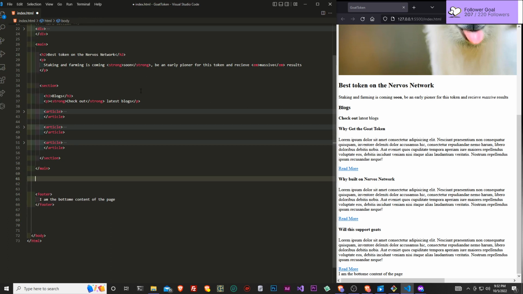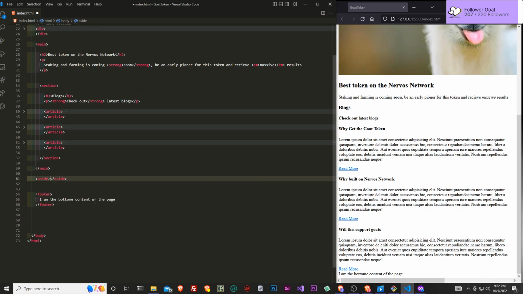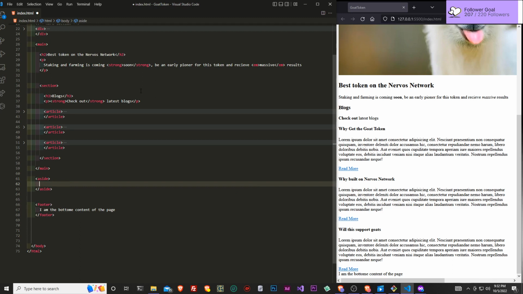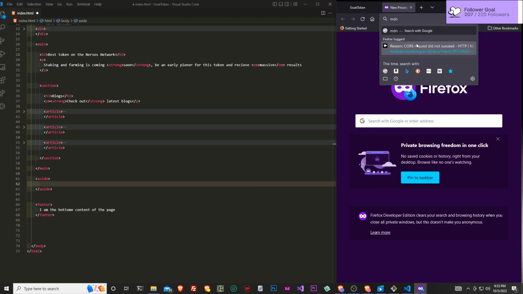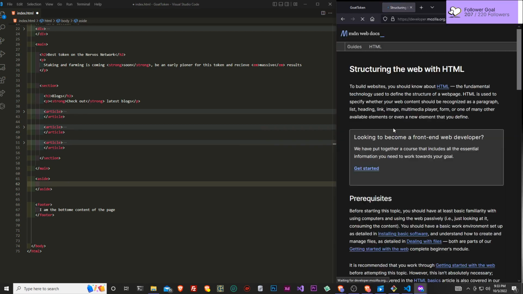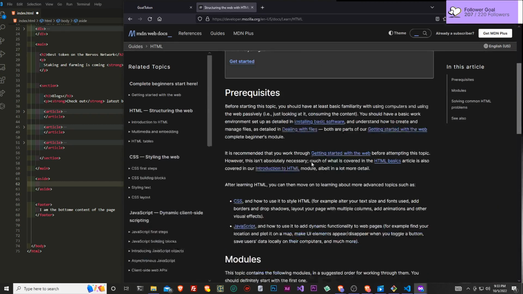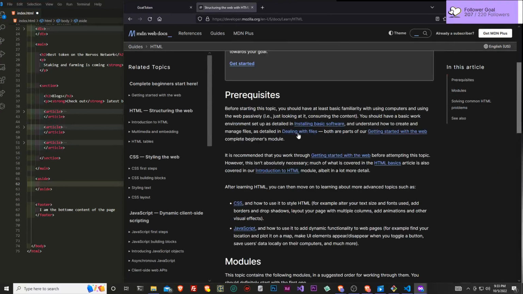I forgot another type of element that we should use, the aside. So our aside element is going to have things that happen on the side of our website. And if you guys want, we can search up MDN and the structure of a website in HTML, and this should give us a nice little image.